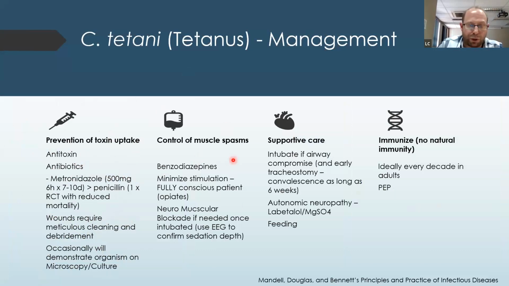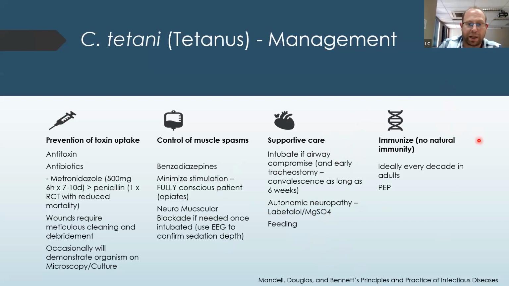Muscle spasm control, which may require anything from benzodiazepines to full-blown neuromuscular blockade and intubation. Supportive care, again, in for the long haul. These patients generally will be in ICU for several weeks, and convalescence can take as long as 6 weeks. Treatment of the autonomic neuropathy symptomatically, so if they've got tachycardias, then beta blockade. It's been shown for the labile blood pressure that magnesium sulfate can help,